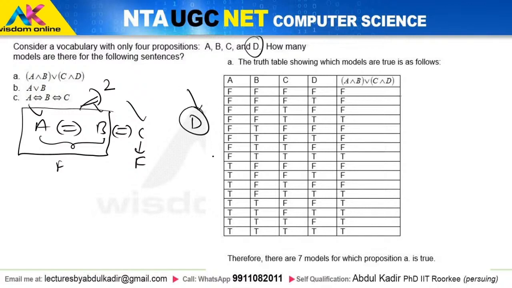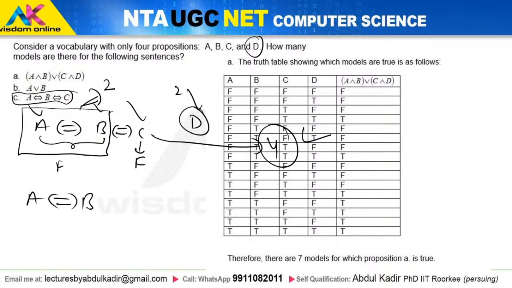तो डी के लिए भी 2 पॉसिबिलिटी हो गई। तो इसका मतलब टोटल कितनी पॉसिबिलिटी हो गई, टोटल 4 पॉसिबिलिटी। तो इसका मतलब जब सी फॉल्स है तब 4 पॉसिबिलिटी हैं इस पूरी चीज़ को ट्रू बनाने के लिए। नाउ अब आप क्या कर सकते हो, तो हमने सी को फॉल्स लेके देख लिया, अब हम सी